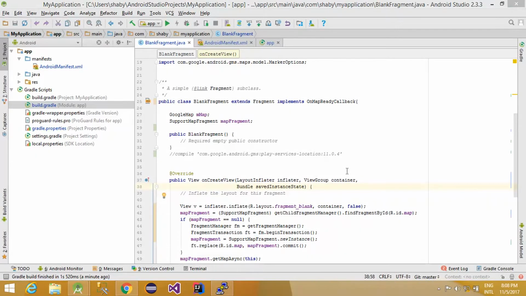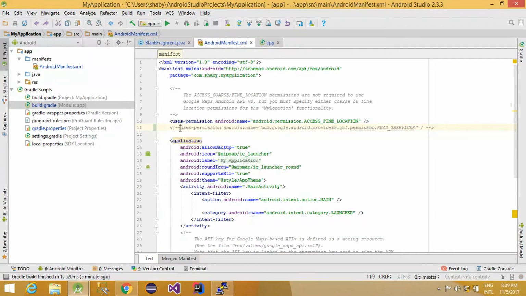In the previous video, I have shown you how to add marker on the map, and today in this video, I'll be showing you how to read your location when you turn on your GPS. So for that, we'll follow the first step by adding a permission to your device, and that looks like com.google.android.providers.gsf.permission.READ_GSERVICES. This will enable your device to do all the reading purposes,